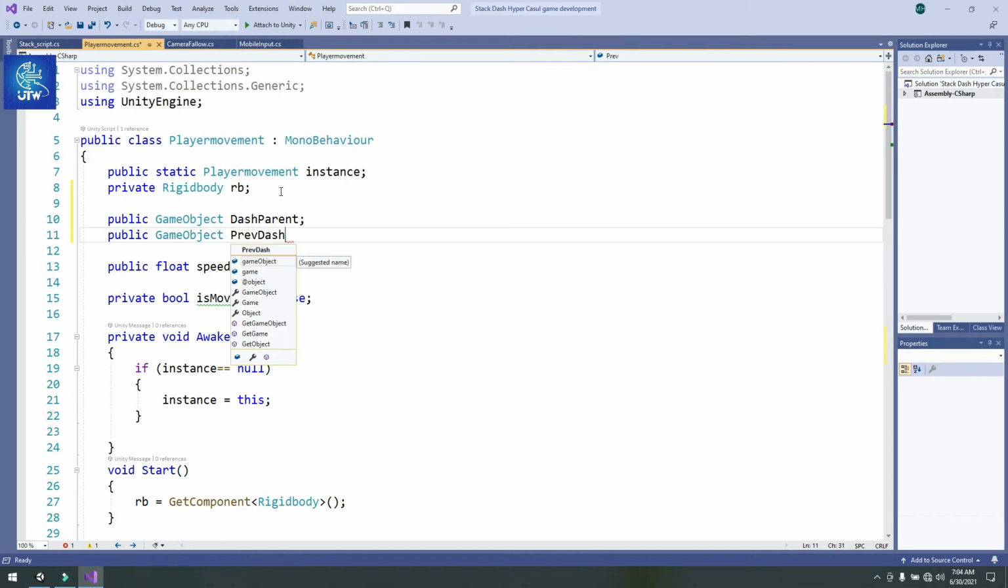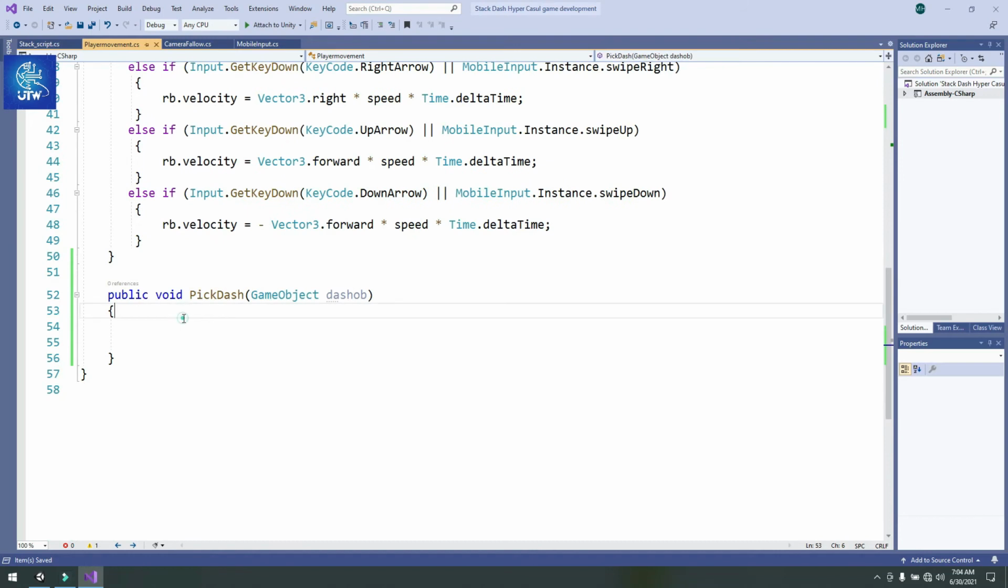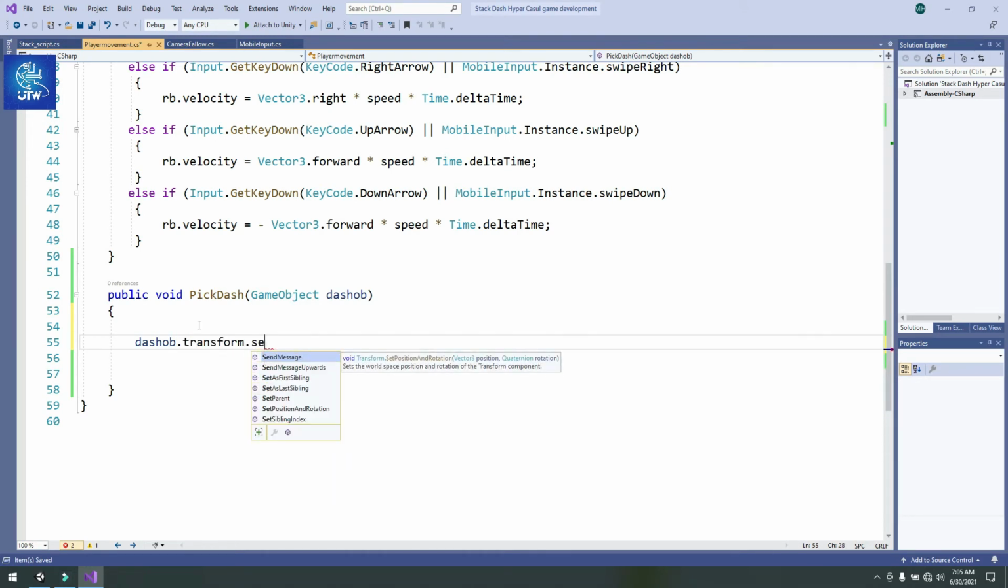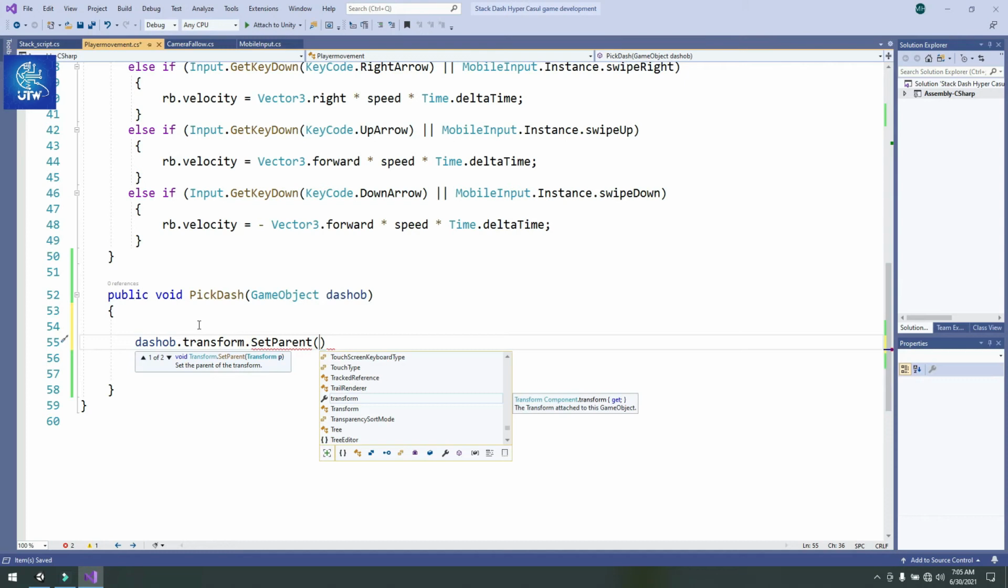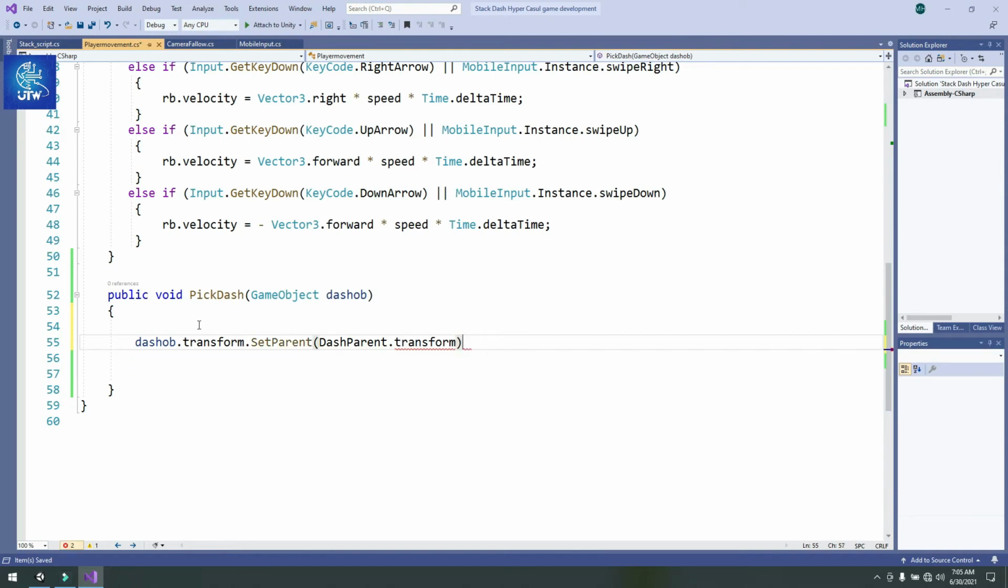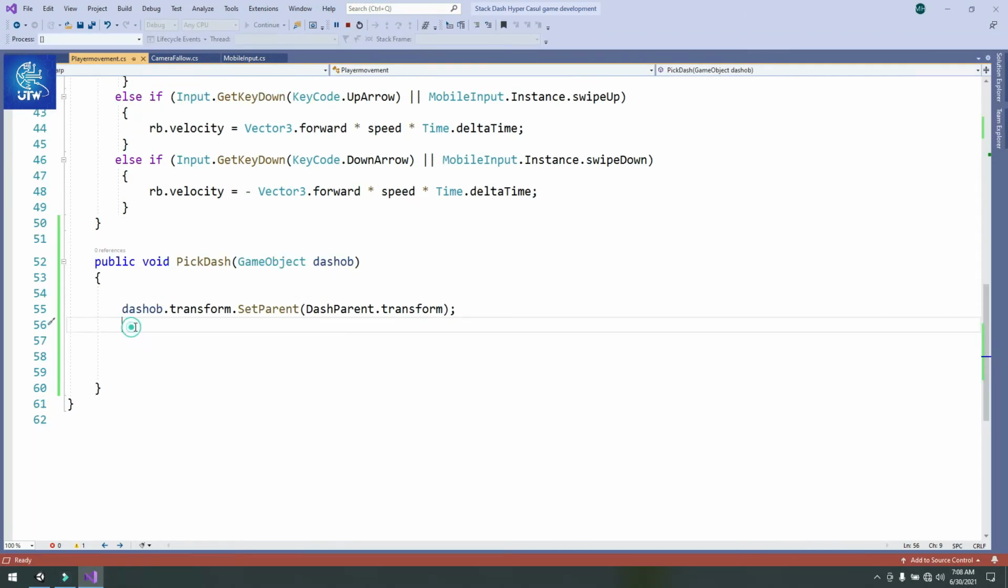Now let's go to the function side and write our function for picking up the tiles. So dash ob.transform.SetParent(dash parent.transform). So we will get the dash and set it as a child of our player's dash parent. Then Vector3 position, we also set the position of the dashes that we can pick up